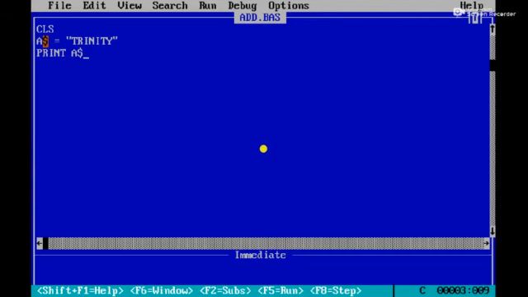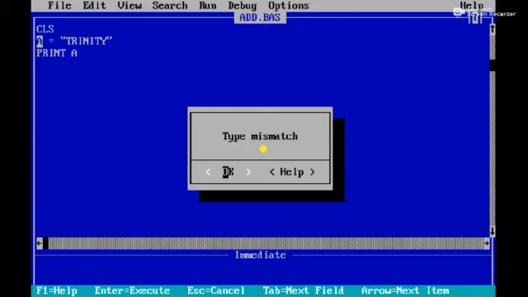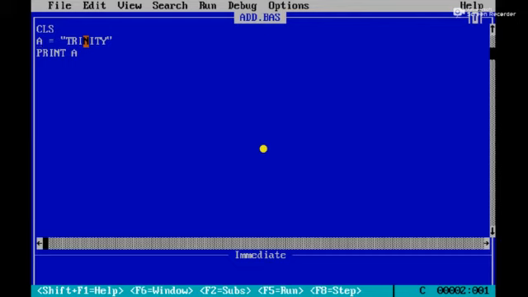Suppose if I am not using the dollar symbol, what will happen? See here, it shows the error. See, type mismatch. What type of error is displayed? Type mismatch. So if you are assigning a string value, the variable must end with dollar sign.